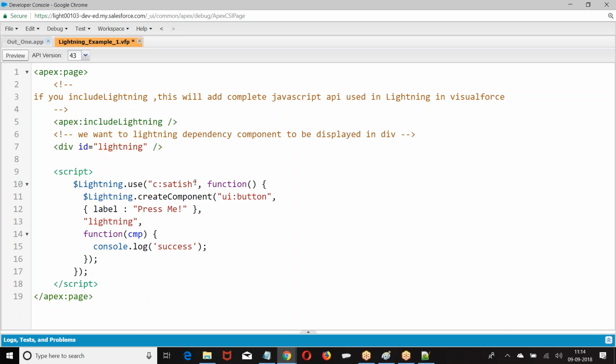Script. What is the name of the application? Name of the application, function. Lightning.createComponent, UI button. What are the properties? Label equal to Rasmi. Where you want to print, the ID. What is the ID I gave? Lightning. Then I don't want to perform any callback action. Just I have given this.